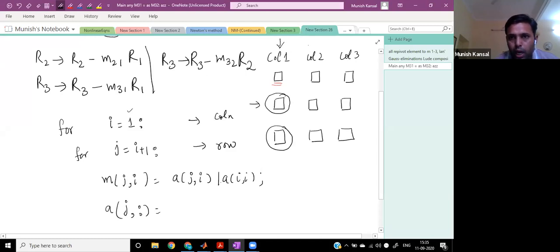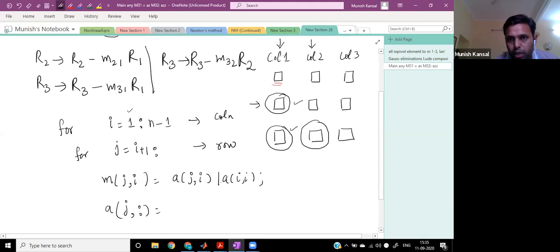Now how many columns you have to go for making zeros? एक यहाँ पे जीरो बनाना है, एक यहाँ पे बनाना है, एक यहाँ पे एंट्री को जीरो बनाना है। तो कॉलम 1 और कॉलम 2 में जाओगे आप। सो बेसिकली योर कॉलम विल रन फ्रॉम कॉलम 1 टू कॉलम 2। सो अगर n क्रॉस n सिस्टम है, सो i will run from 1 to n-1, राइट? बिकॉज लास्ट स्टेप पे तो आपको आंसर ही मिल जाएगा कॉलम 3 में जाके, ठीक है। सो i will just run from column 1 to column 2। तो यहाँ पे क्या आएगा, 1 to n-1।